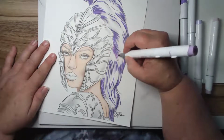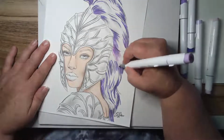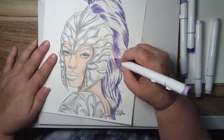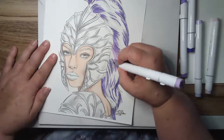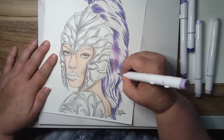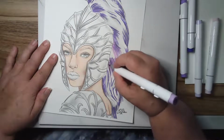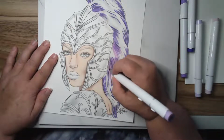And start going over the darker colors and filling in where that shading is. And I'm hoping I'm not making a hot mess out of this hair. And I'm flicking with